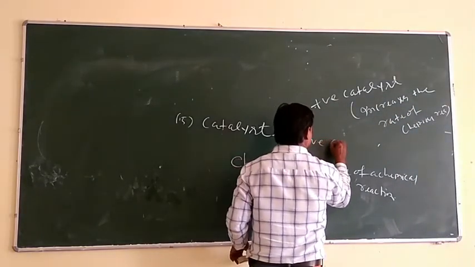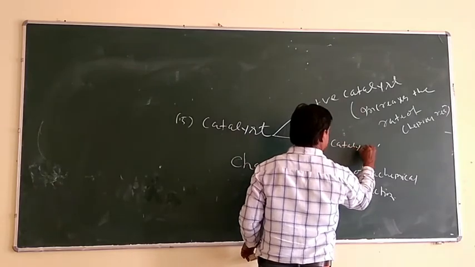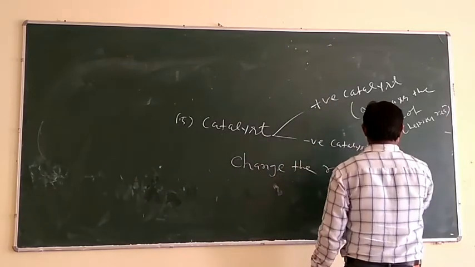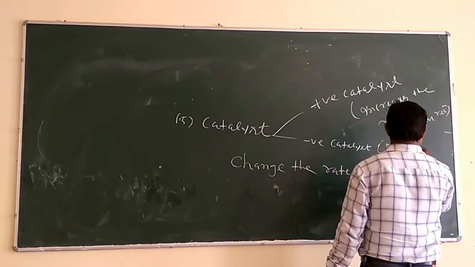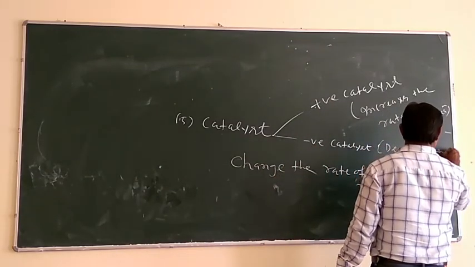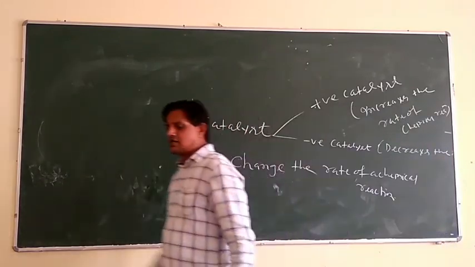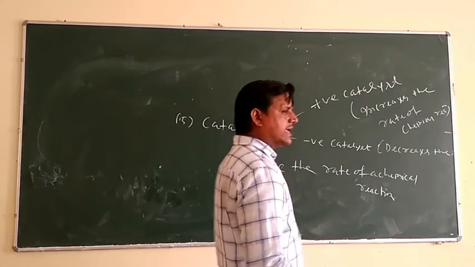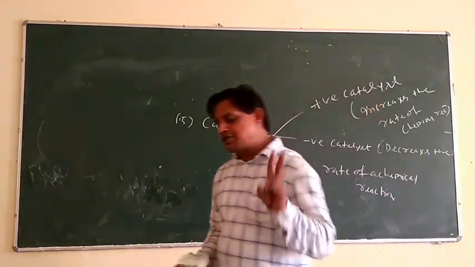Negative catalyst decreases the rate of chemical reaction. So, a catalyst has 2 types of effect on the